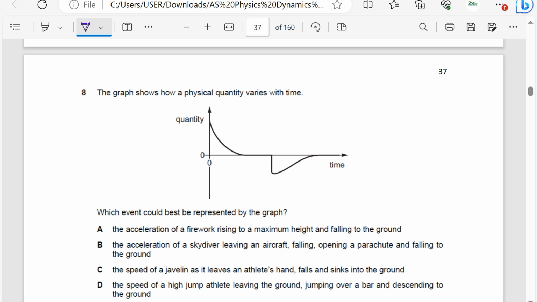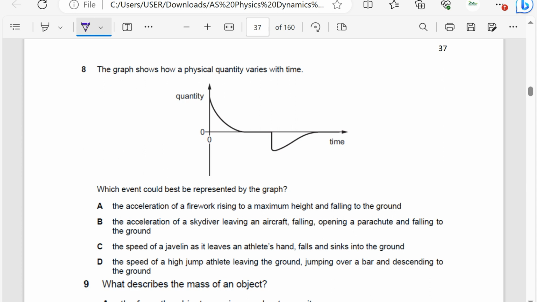The graph shows how a physical quantity varies with time. Which event could best be represented by graph G? So we are seeing the quantity decreases with time. It remains zero for some time and then changes direction, and then it decreases, changes direction, increases rapidly to a maximum value, then it decreases. So this is most likely going to be